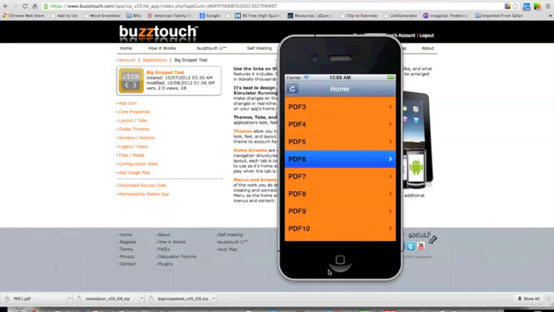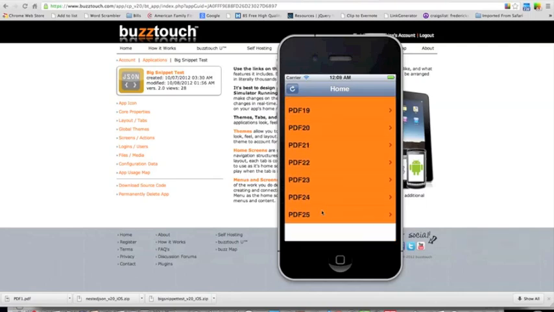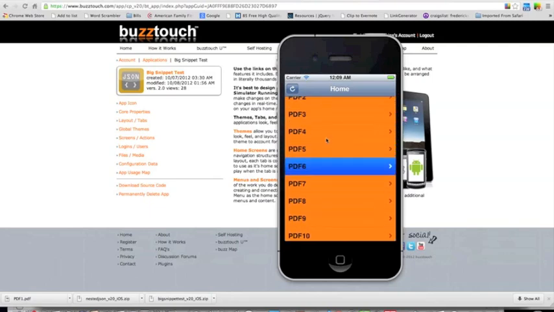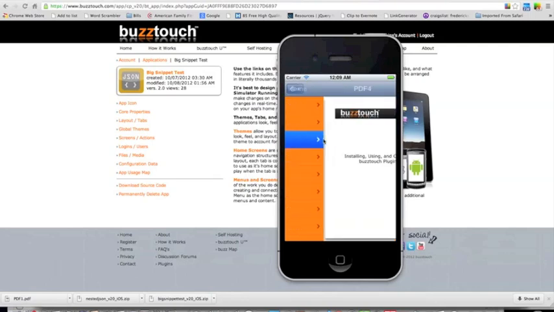And then I'm going to show you how it was built. So you can see here that we've got the home screen, which is a simple list menu with 25 entries in it, all called PDF 1 through 25. And each one of these is going to lead off to a PDF